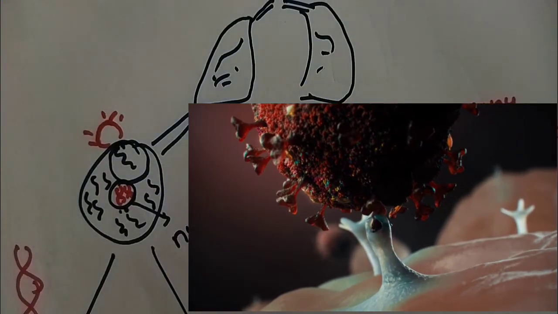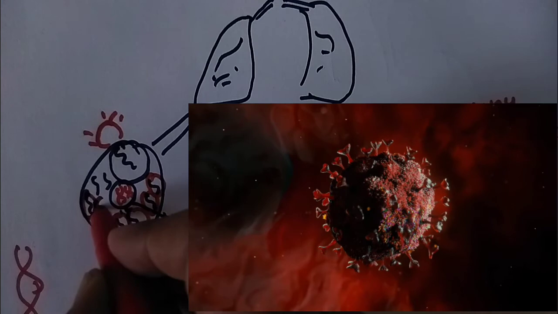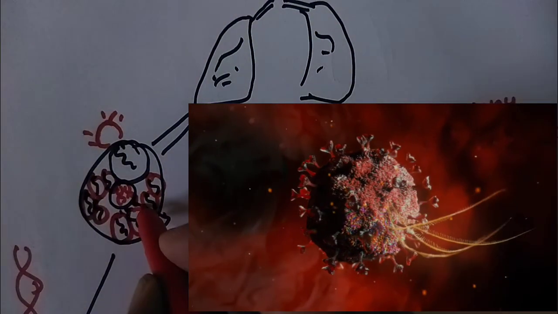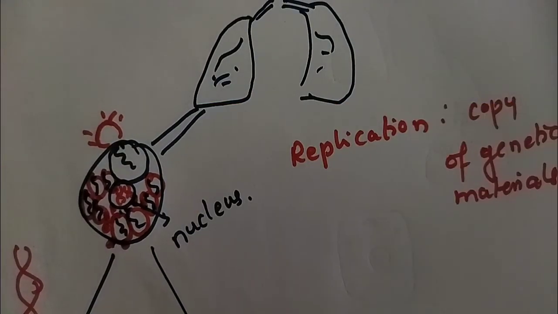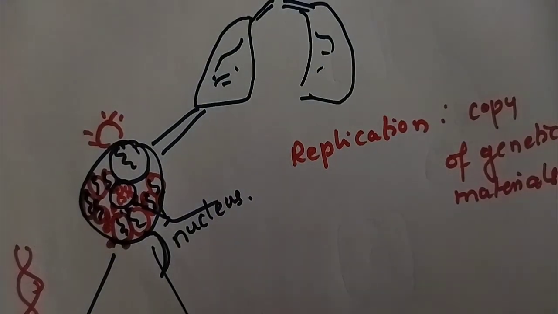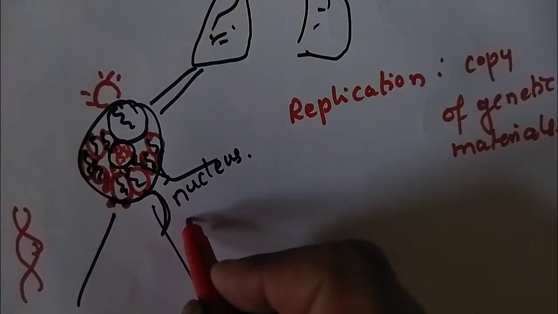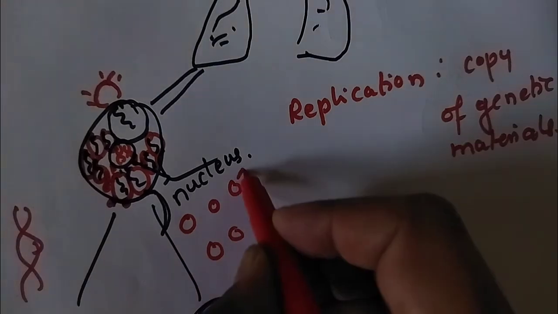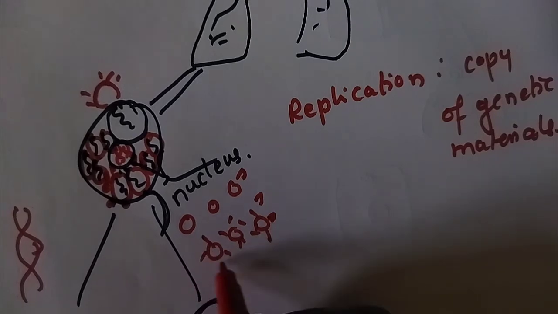At certain points, the number of RNAs will increase, and from other parts of the body, the ribosomes will make the proteins, and the whole virus is ready now. And viral particles are many in number. So at a certain stage, viral particles are many in number. It will burst open the cell to release viral particles. So many viral particles are released now. I hope this replication part is clear to you.